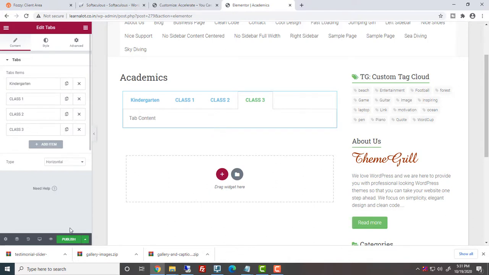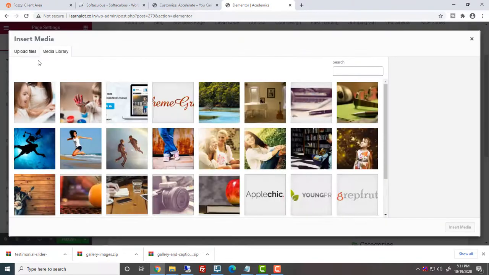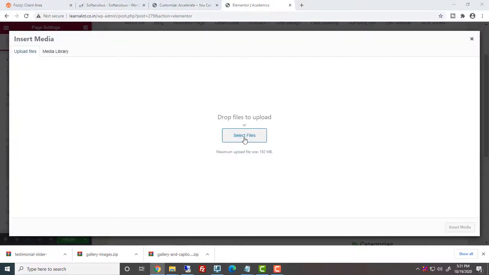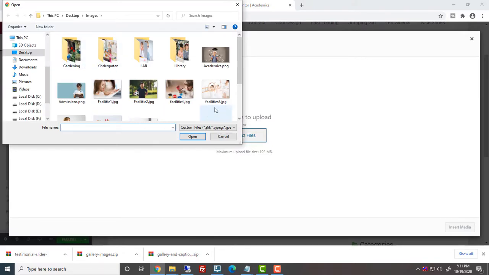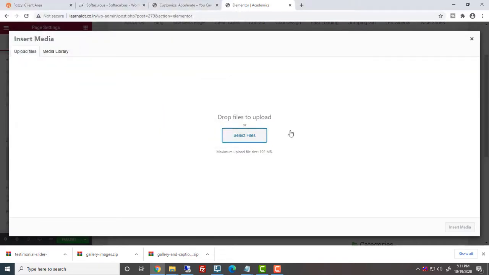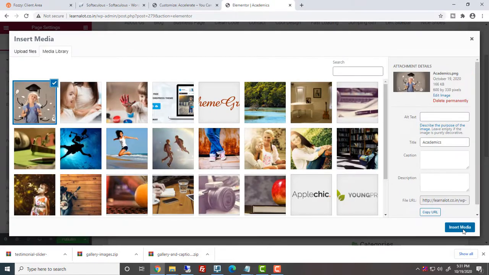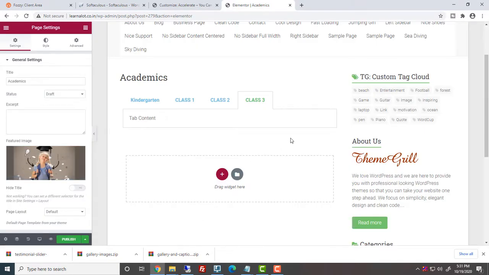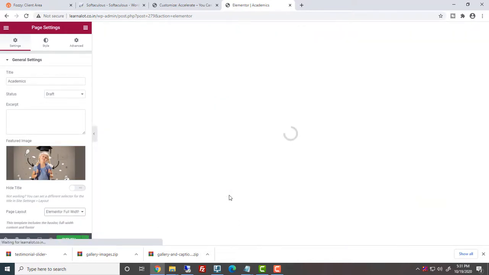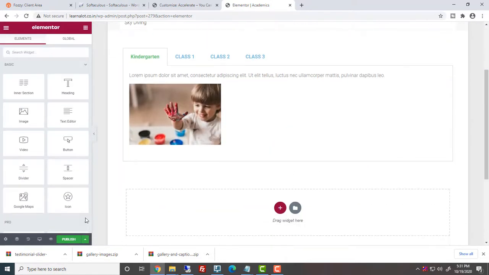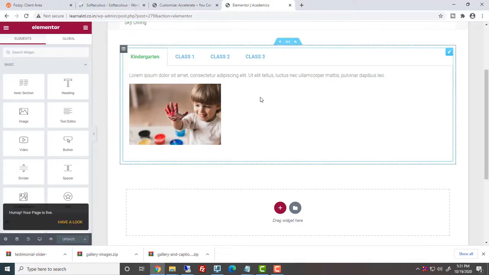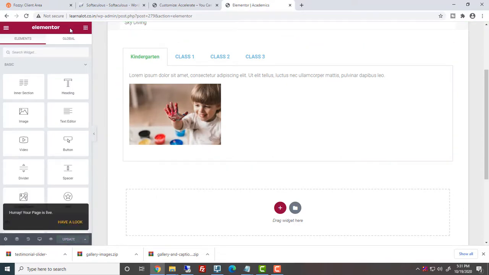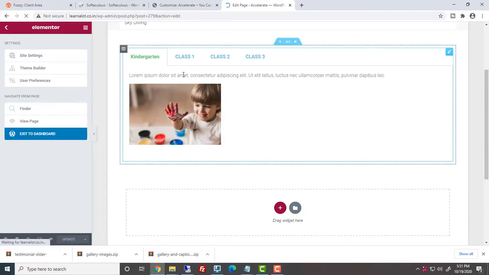Change featured image here. Just click on Settings button in the Elementor. If you are not satisfied with the page layout, change the page layout. Click on Publish button to publish the page. We will create the remaining admissions and facilities pages.